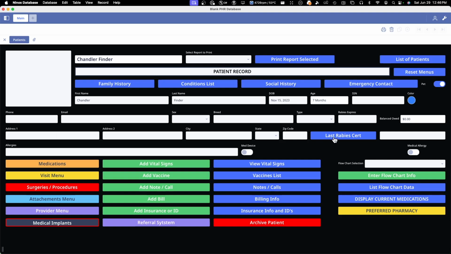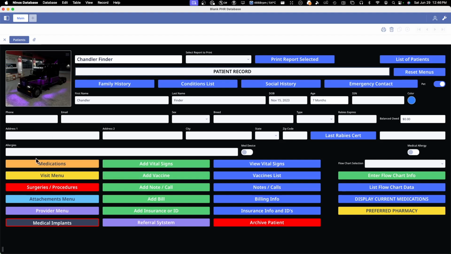You notice it now says last rabies certificate, which we don't have one for him yet, obviously. That's why it's not doing anything. So you could enter phone numbers, the same thing as we did with Dreamfinder, drag a picture over, enter their phone numbers or whatever. All right. Now, if we go into providers,